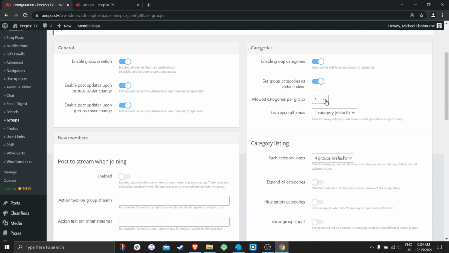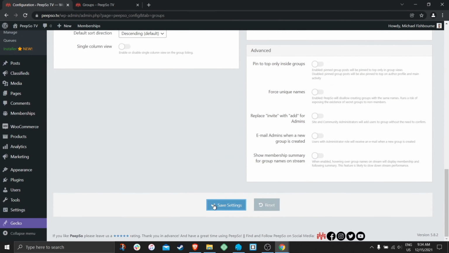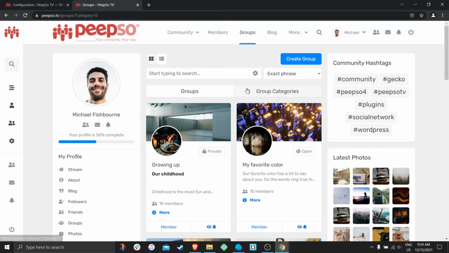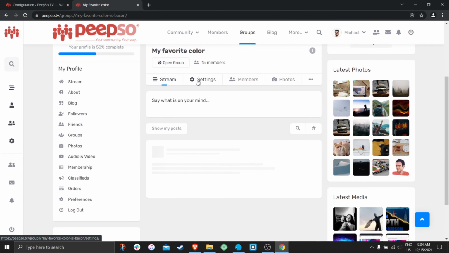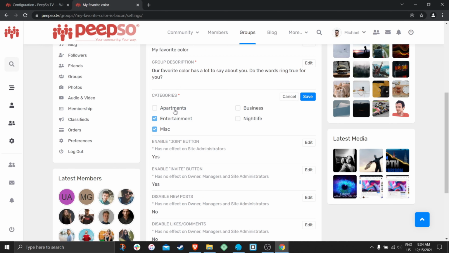And we are going to allow, let's say, 3 categories per group. So we are going to save it. And now we can add a single group into a maximum of 3 categories. How that works is simply go to the group settings